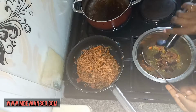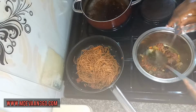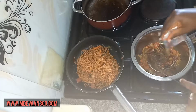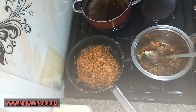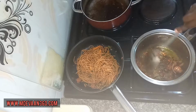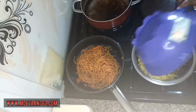I used soy sauce as well, just for that extra. Sometimes you just want to elevate your noodles. You don't just want to drop it in water and eat your onions. So that's basically what it is here. Fried peppers, onions, soy sauce, half of the sauce packet, just because the sausages are salty. The soy sauce is a bit flavored as well,